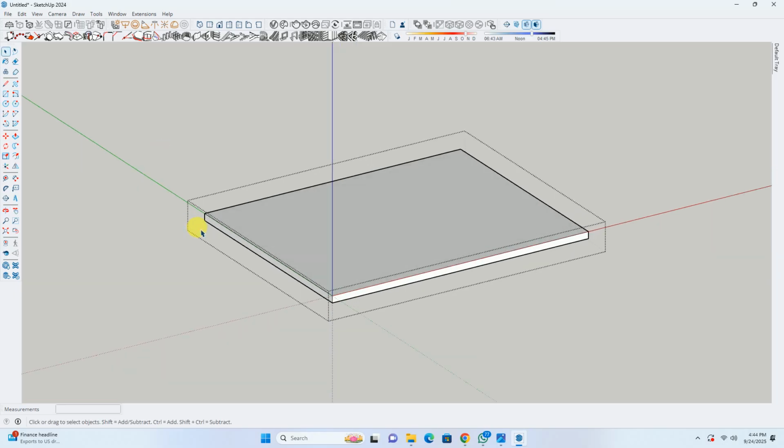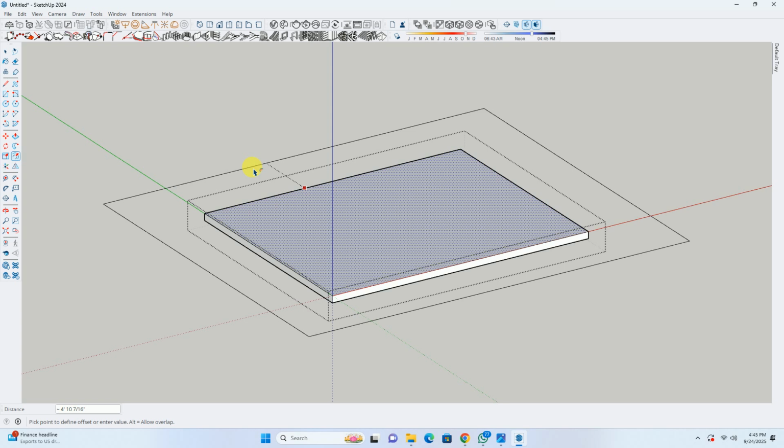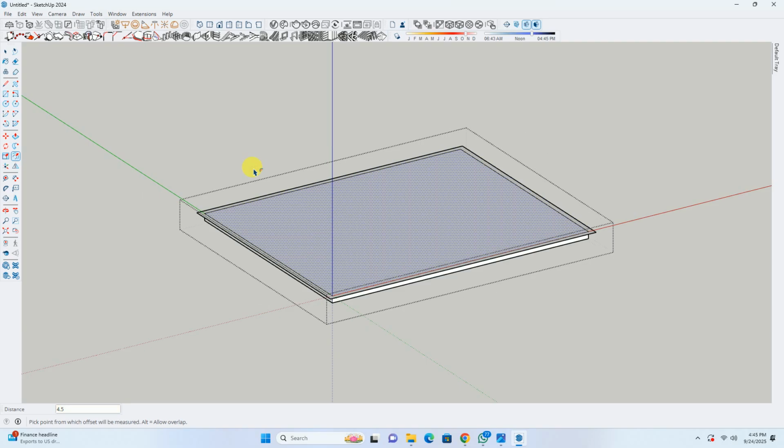Now what we will do, we will offset this surface. For offsetting, we'll use the offset command from SketchUp. The shortcut key for offset is F. So we'll press F and we'll select the surface. Okay, by clicking the surface, we can select it, and we can specify the direction by moving the mouse inward or outward. So first of all, we'll create the walls. The primary walls are like the boundary walls of a room, maybe a partition wall. So we will specify the thickness as 4.5 inches.